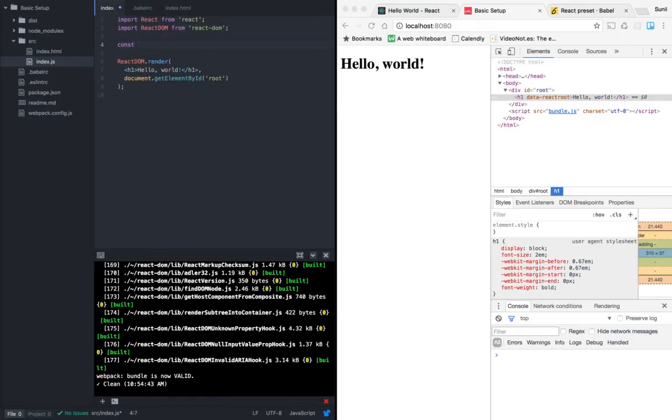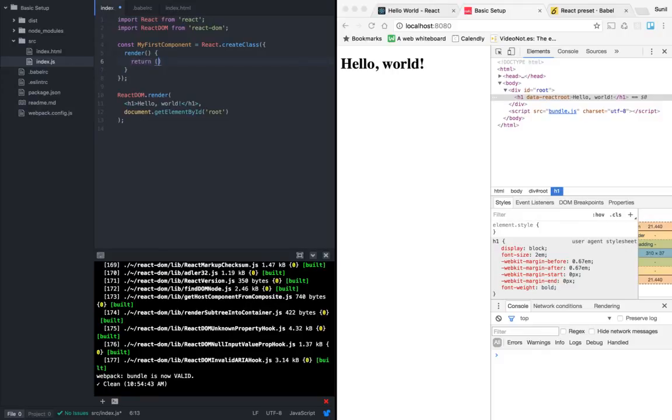Okay, so I'm going to write my first component is equal to React dot createClass. So this is how you write your component in React, and there is a mandatory method one needs to have, which is the render method.